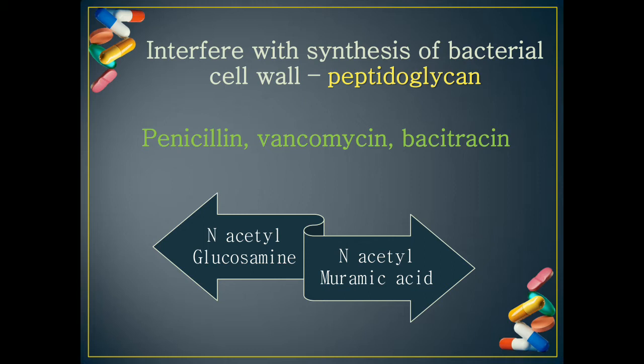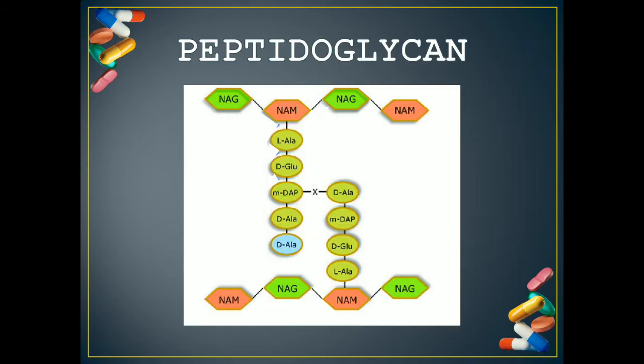Now before we see what all steps they block, let us just quickly look into the structure of peptidoglycan. I have not gone into details over here. It is outside the purview of this video. But just so that you all know, the bacterial peptidoglycan is made up of 2 units, that is NAG, what I have previously shown you, that is N-acetyl glucosamine, and N-acetyl muramic acid. Now these 2 units are alternating with each other. So we have NAG binding to NAM, which binds next to the NAG, NAM, and this keeps continuing. We have several such chains of NAG, NAM units.